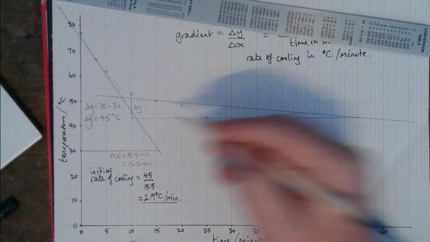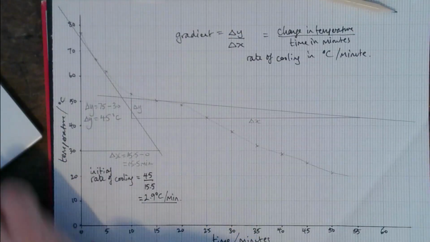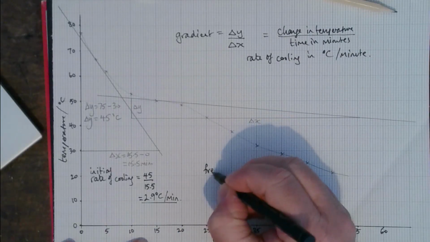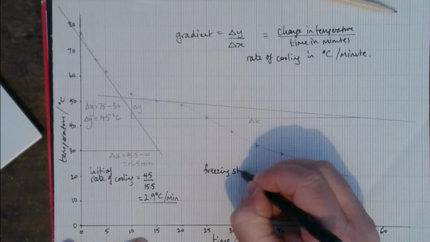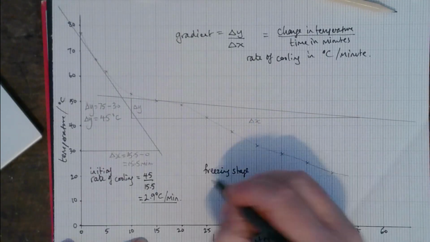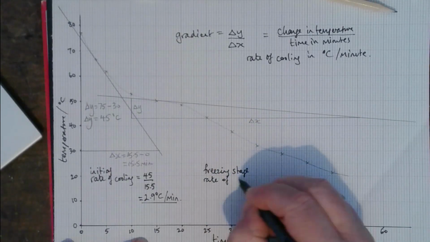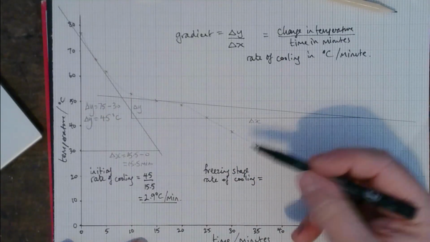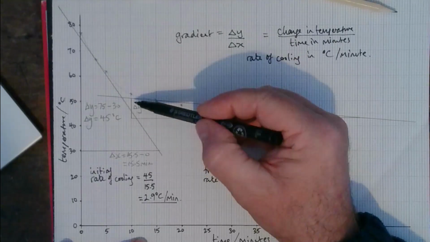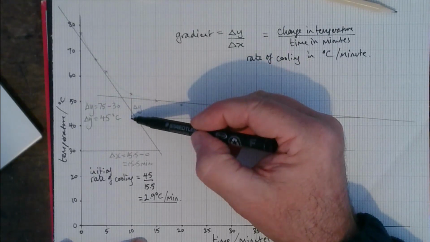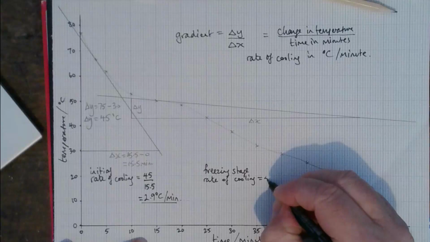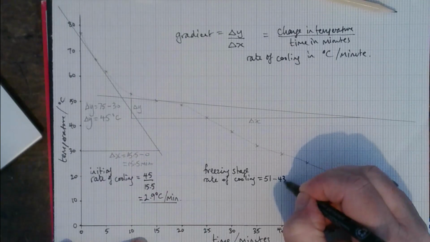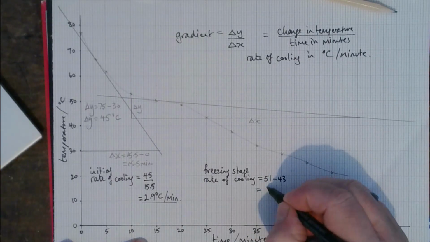So for my freezing stage, where can I write that? I'll write it here. My freezing stage rate of cooling is going to equal my change in the y value for that triangle, which is 51 to 43. The difference between 51 degrees and 43 degrees gives me 8 degrees Celsius